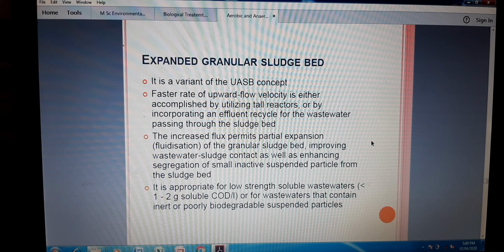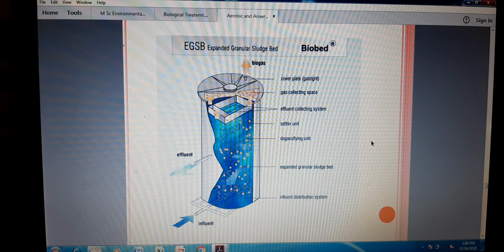This expanded granular sludge bed is appropriate for low strength soluble wastewater, so it's more than 1 to 2 gram soluble COD per liter, or wastewater that contains inert or poorly biodegradable suspended particles. This is the structure of the expanded granular sludge bed